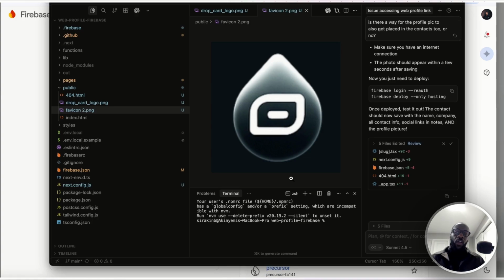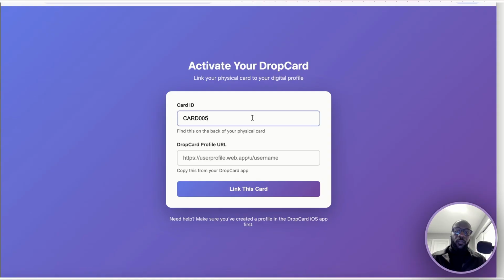And so DropCard was a project that took time to really work through everything. There are actually four repositories that I created in order to bring this to life completely. You had the main repository, which is for the actual app itself. You have the web profile repository. You have the landing page, and then you have what I'm calling the redirect, where if you purchase an